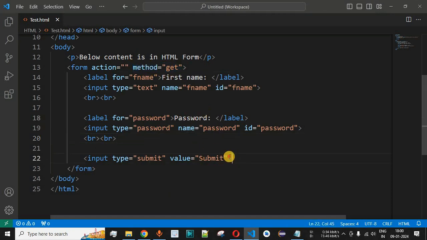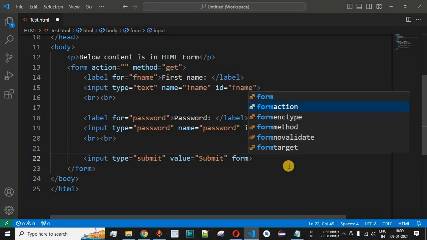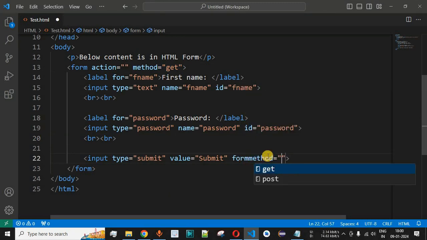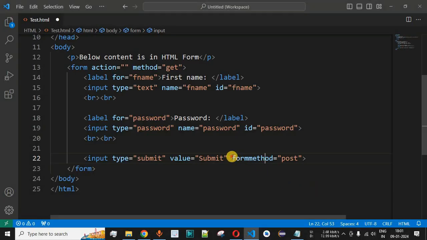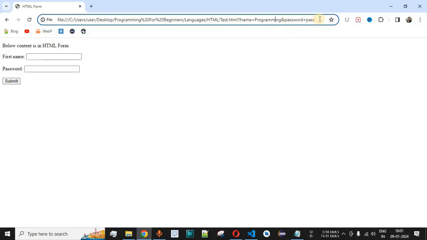And what if we provide the form method over here once again? So we provide the form method with the value as post this time. That's because we don't want the password to be displayed as part of the URL while sending the data to the server. So this time we are setting the form method attribute as post value. So let me just save this file now and try reloading this page once again on the browser.